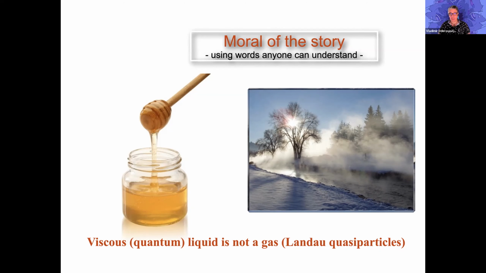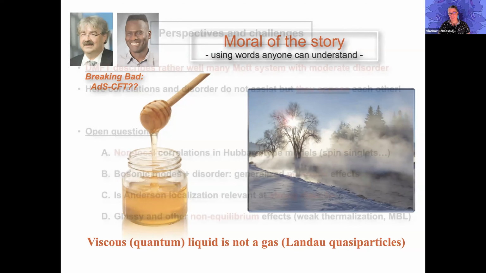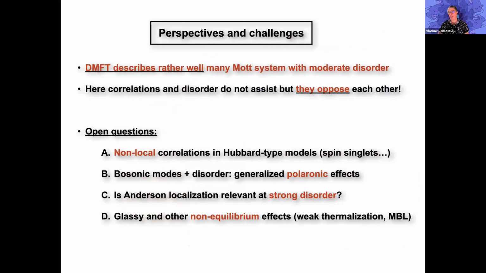So this is a physical picture that now shares some similarities with some very fancy math of AdS/CFT that people are doing. I'm not even talking about this. I just presented you a very simple-minded DMFT theory, which we understand all too well, but I think we were lucky here. It works really well for most systems, so for most Mott systems at half filling.